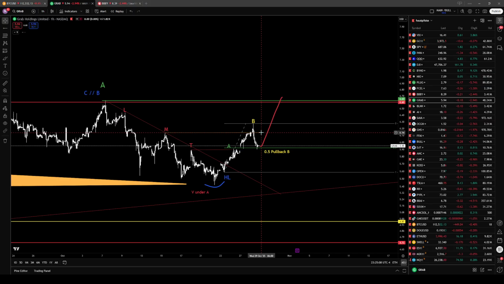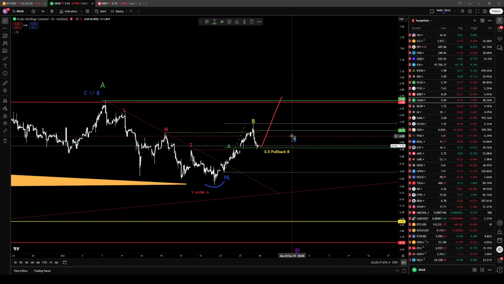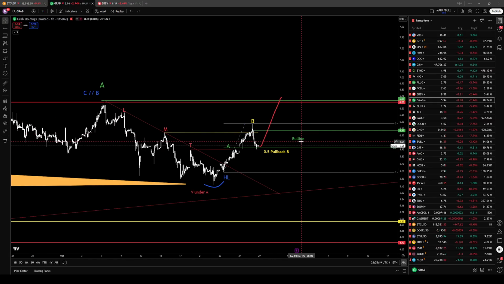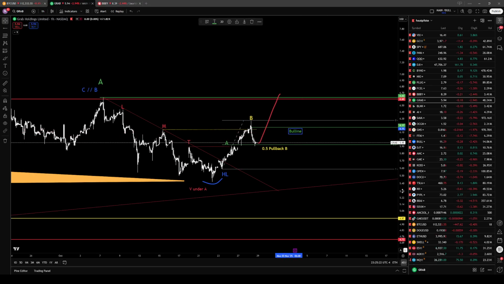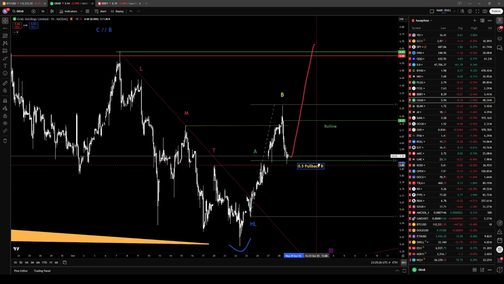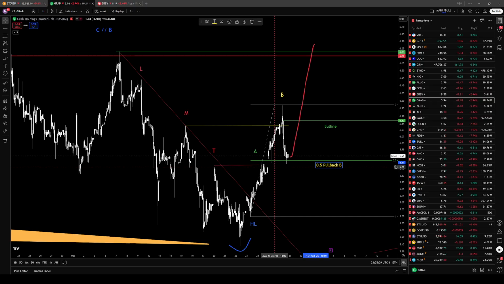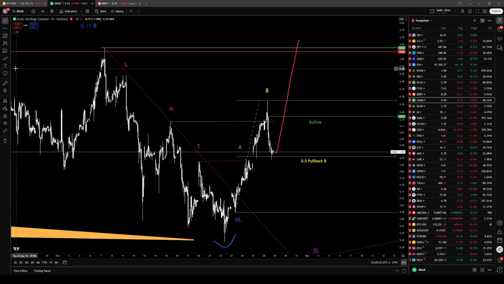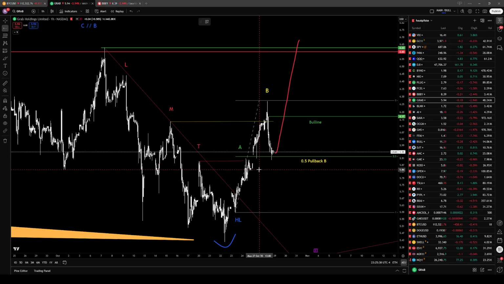Everything over 6.14, in my opinion, let's say 6.17, this would be a bull line. And we also, no, we didn't fill the gap. Okay, if we're not going up from here, I would still say you fill this gap here. And in my opinion,